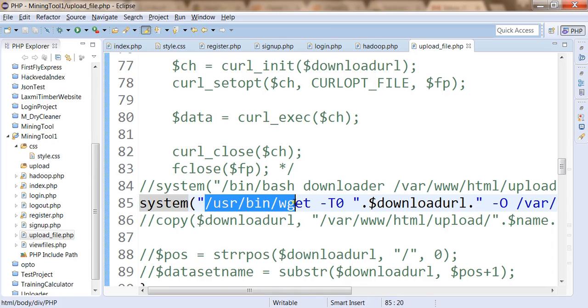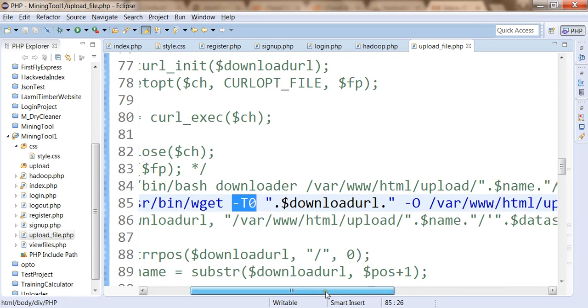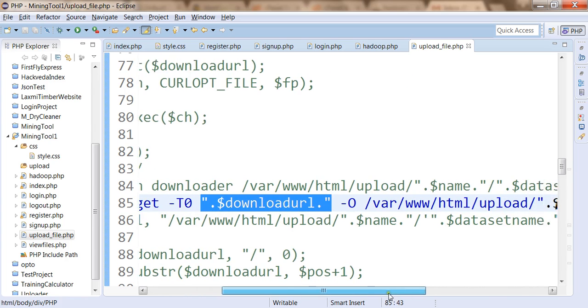Now what we'll do, we are going to execute the system function. Using this system function, we are going to execute a command known as wget from the directory /usr/bin, which is by default available on Linux server. We are going to give it a time limit 0, so that we want to quickly get started with the download from a URL. Then we are going to concatenate download URL within this string,